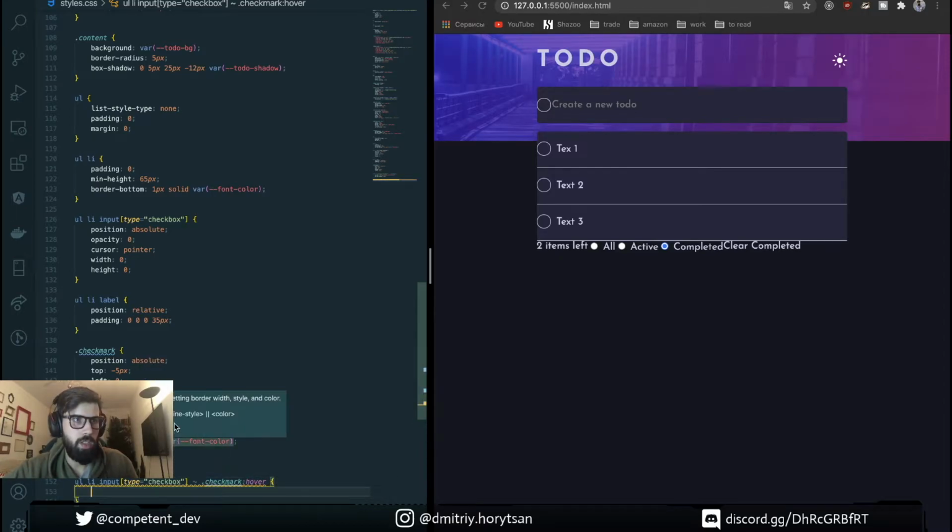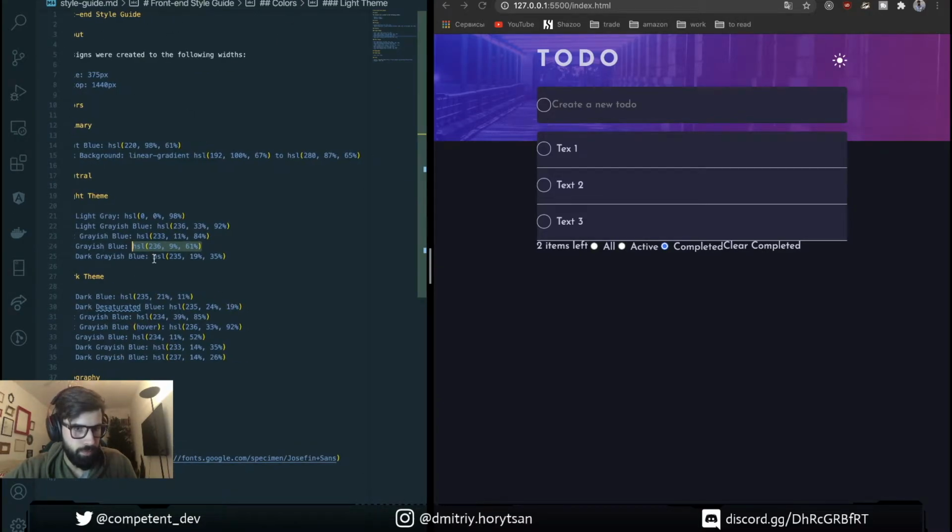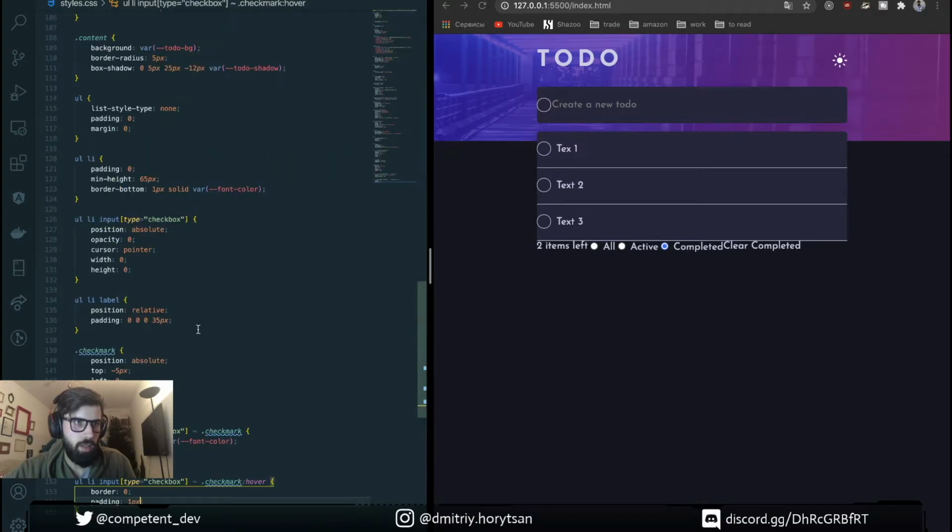For this we need border set to 0, padding 1 pixel, so our border will be visible. And here a linear gradient, use this background.